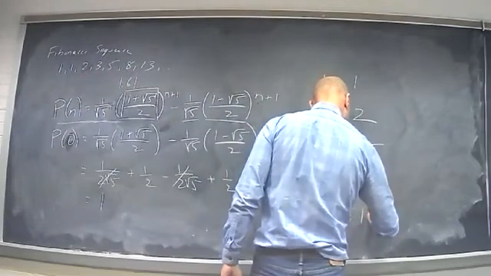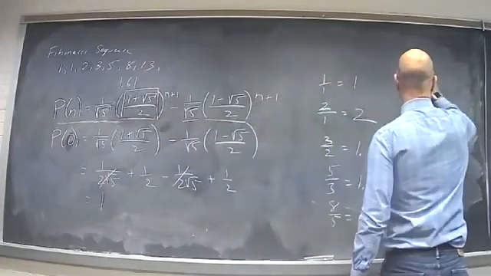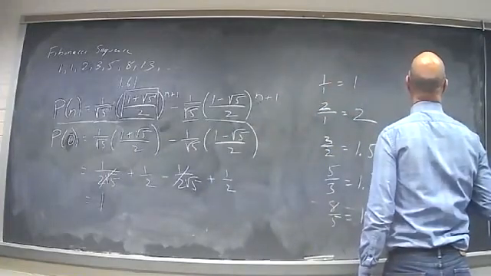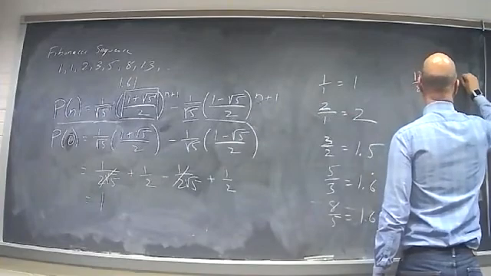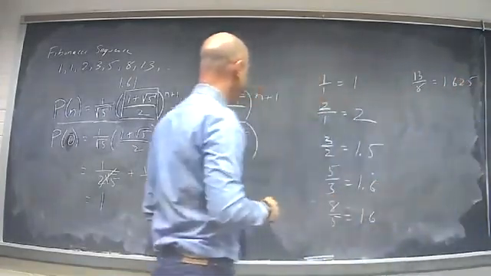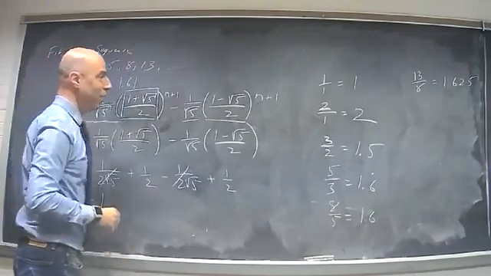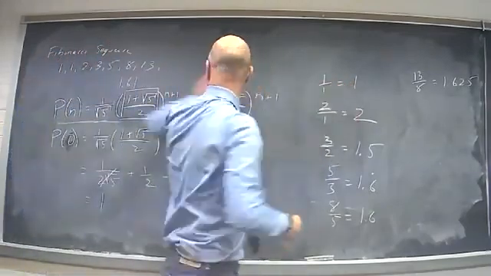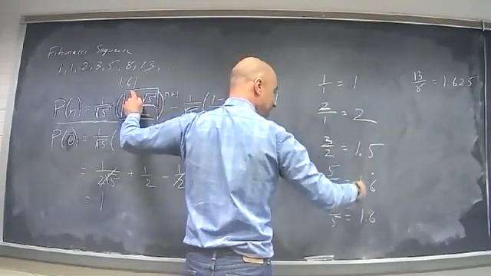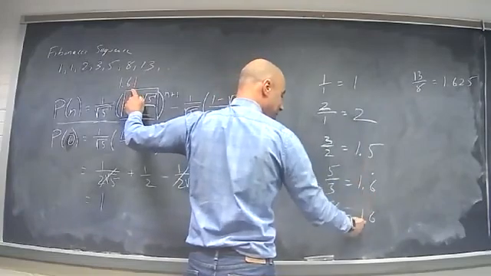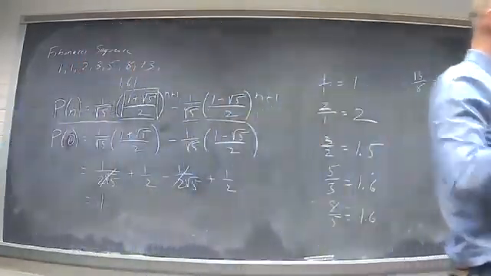8 over 5 is 1.6. 13 over 8 is 1.625. So remember, we said the golden ratio, if you work 1 plus root 5 over 2 out, it's 1.61, whatever. But look at these numbers. 1, which is below that. 2, which is above. 1.5, that's below again, but closer. 1.6 repeating, that's above again, but closer. Below again, above again. You take successive ratios, it's below, above, below, above, getting closer and closer to